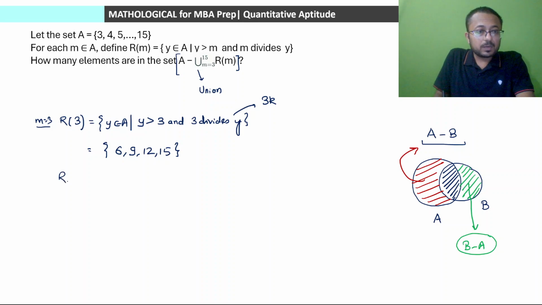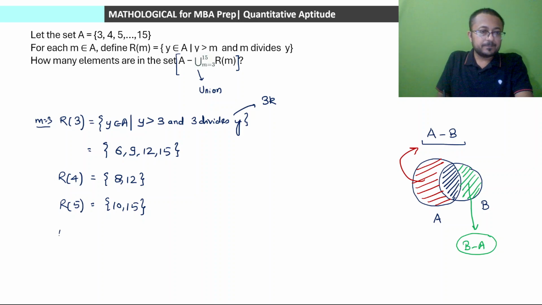Similarly R4 क्या होगा? R4 में we need those elements of A which are multiple of 4 by the same logic but should be greater than 4. यानी कि those will be 8 and 12. R5 multiples of 5 but not 5 यानी कि 10 and 15. R6